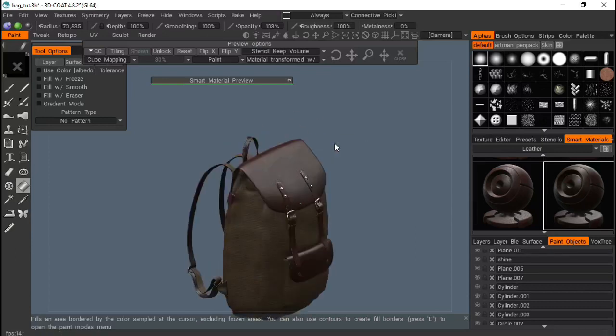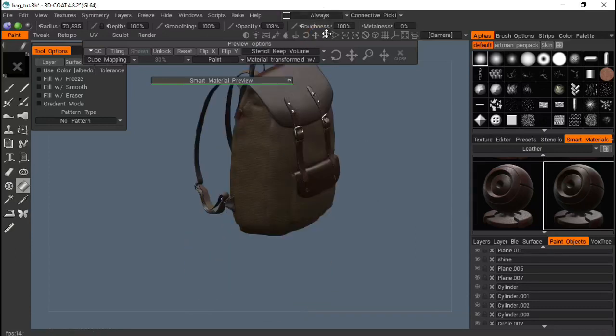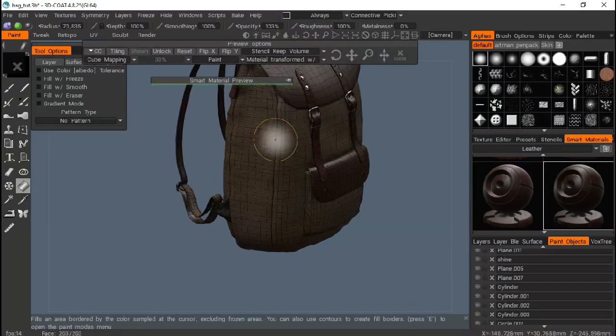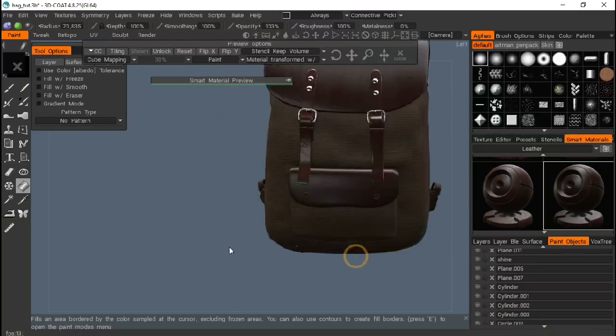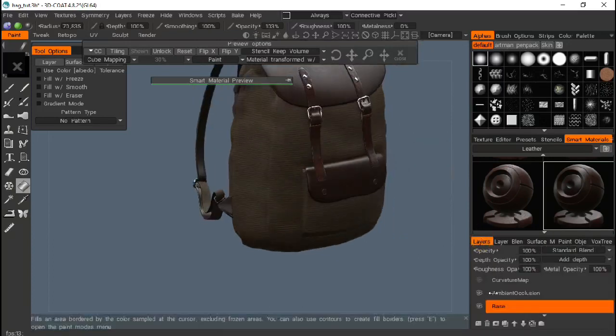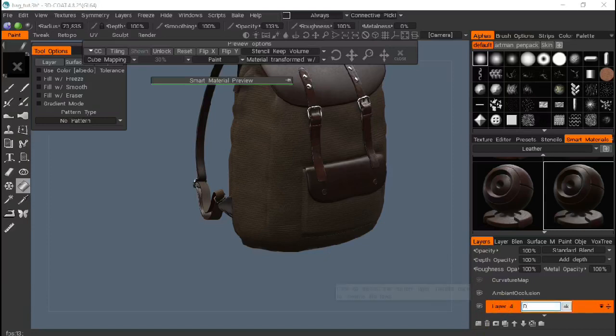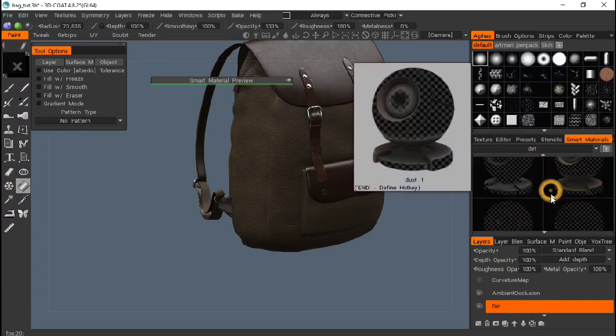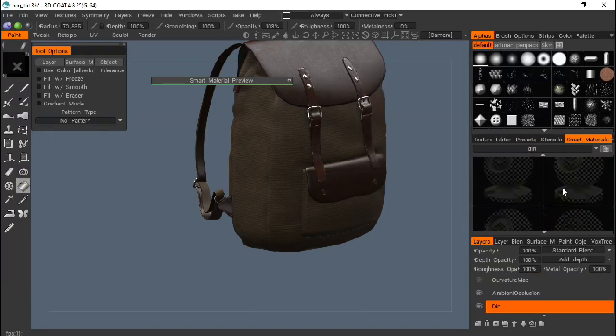It's almost done. So from here, as you can see, the bag has seams, like every bag has. This line over here goes down, but it's not emphasized. You can't really see it as much. So that's why we're gonna make another layer, and we're gonna call this layer dirt, because the dirt is gonna show and emphasize that part of the bag. So you go to the dirt section,